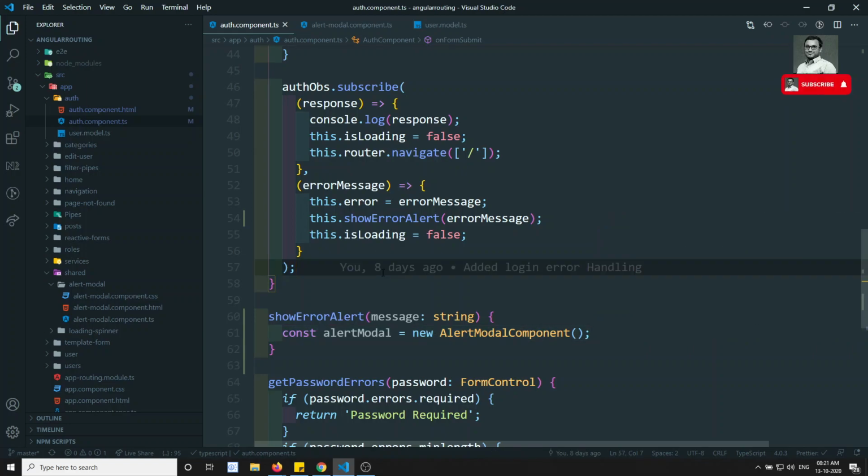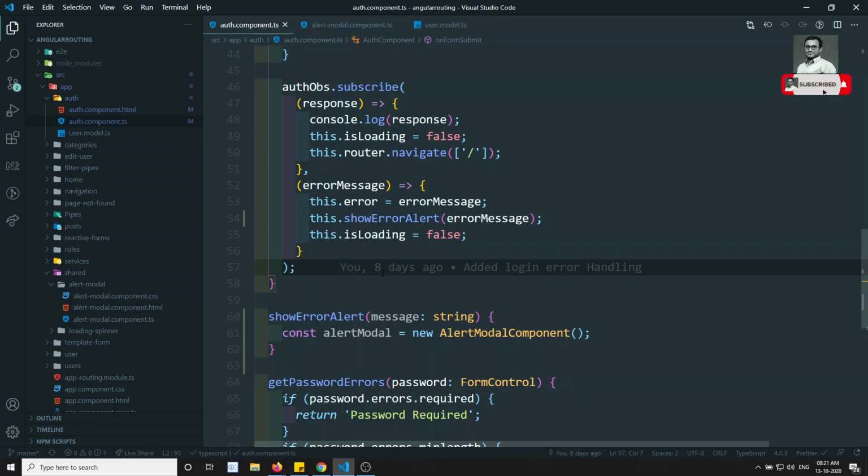We need to tell Angular to create an object for that alert model component, so that it appends all the Angular features. Instead of creating the object ourselves, Angular itself will create the component, using the Angular methods.